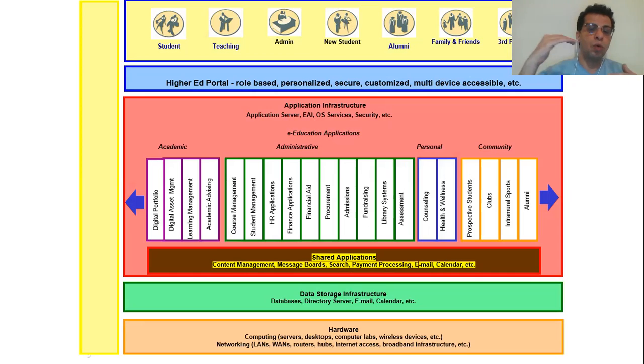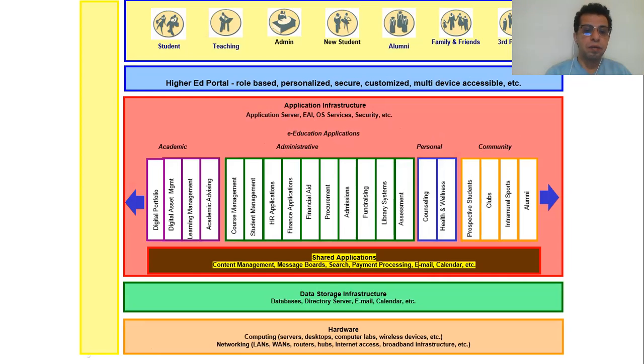We start with who the user is and what he needs from the solution. So as we said, in higher education, probably we said it's four categories, and it cannot be more than that. Any college or university should not have more than that. Basically, we said the academic section, the administration section, the personal, and the community.